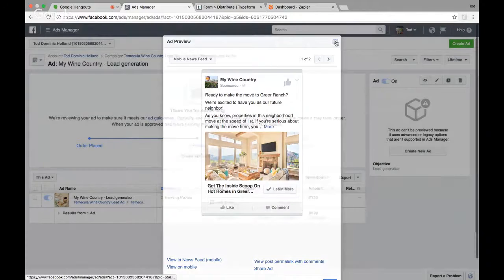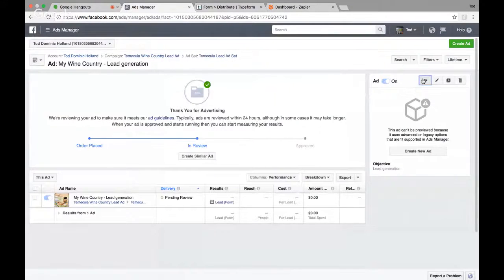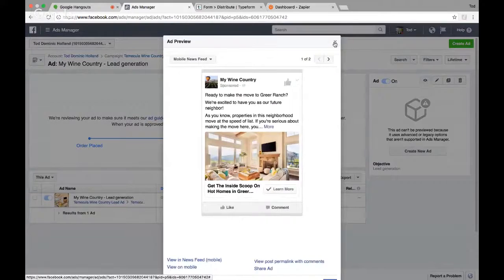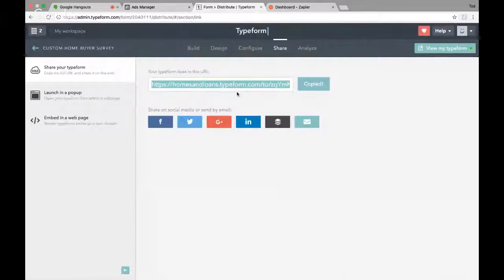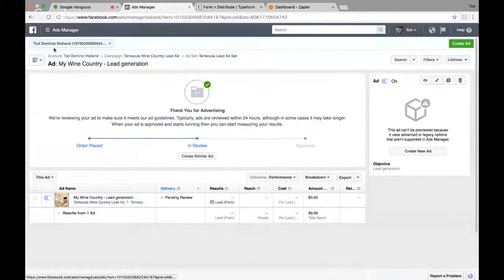I mean, this is really it. So they'll go in here, right? They opt in with all their information. They get sent to your survey. Hopefully they fill your survey out. If not, that's no problem. You don't need to drop a pixel in your survey. The reason you don't need to do that is because if you want to retarget,